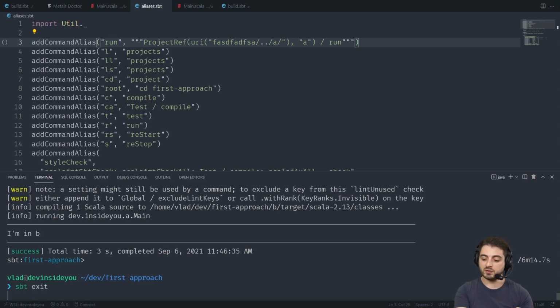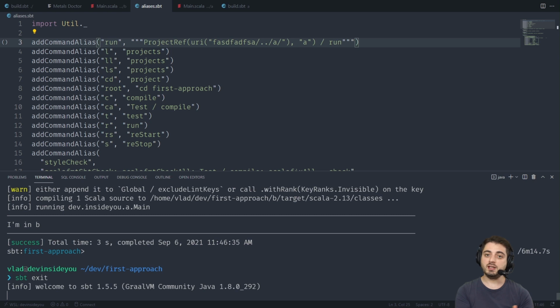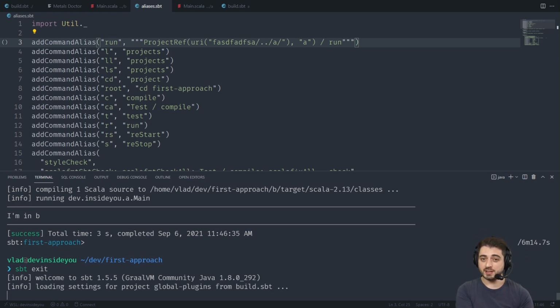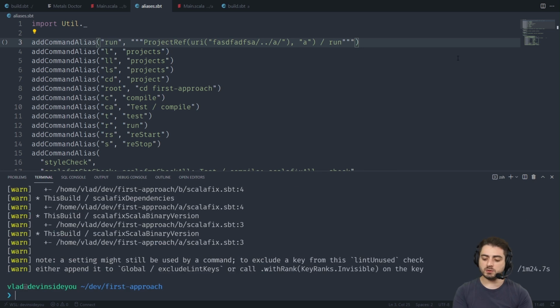I have this plugin over here for ZSH that will tell me how long it took. So I'm simply going to launch SBT, get out of there, and it should probably take, I don't know, 30 seconds, maybe even a minute. All right, so it took 1.5 minutes, as you can see over here. But I have to be honest, this is too much. When I was practicing, it was about 30 seconds or so.